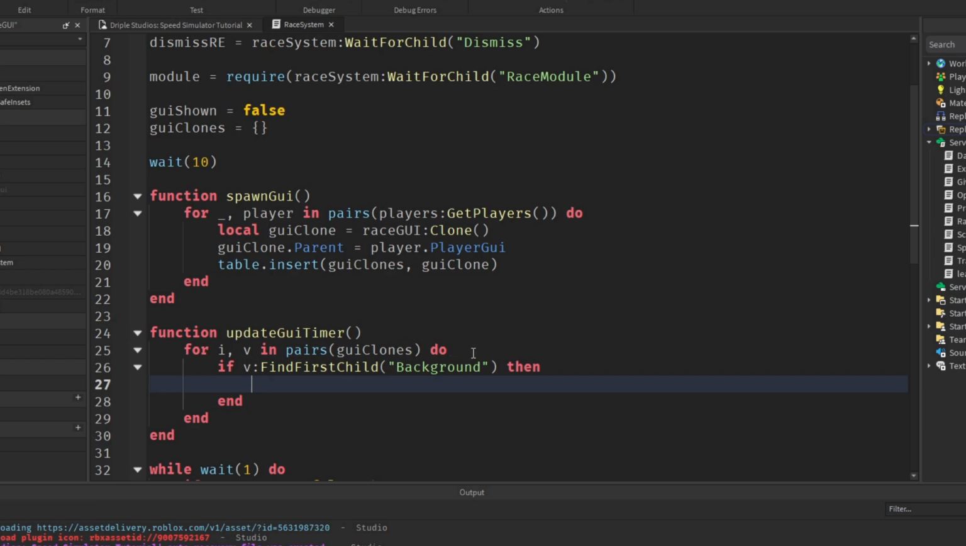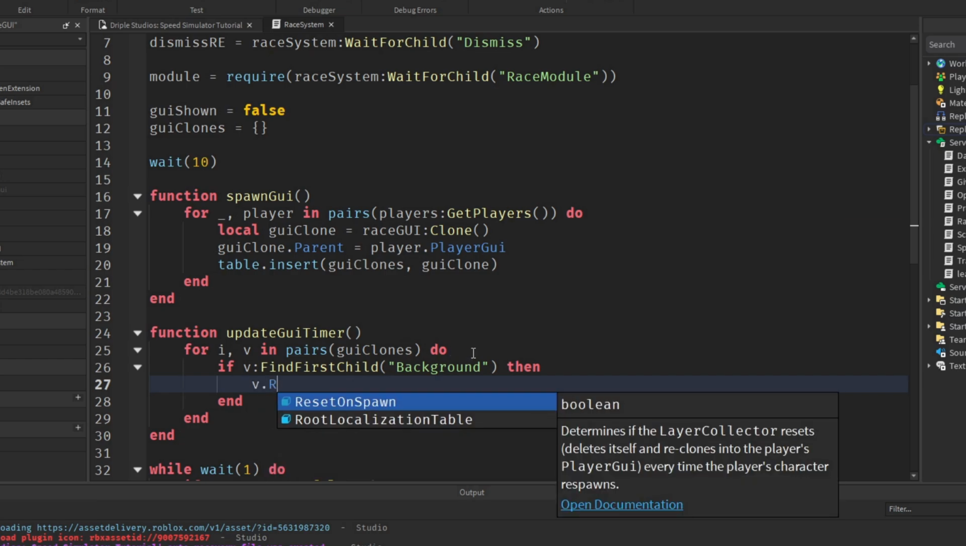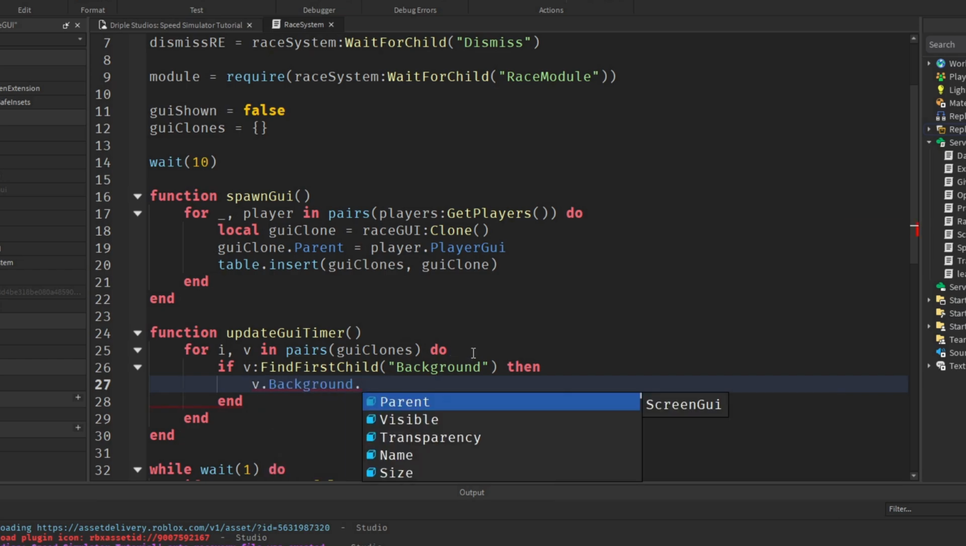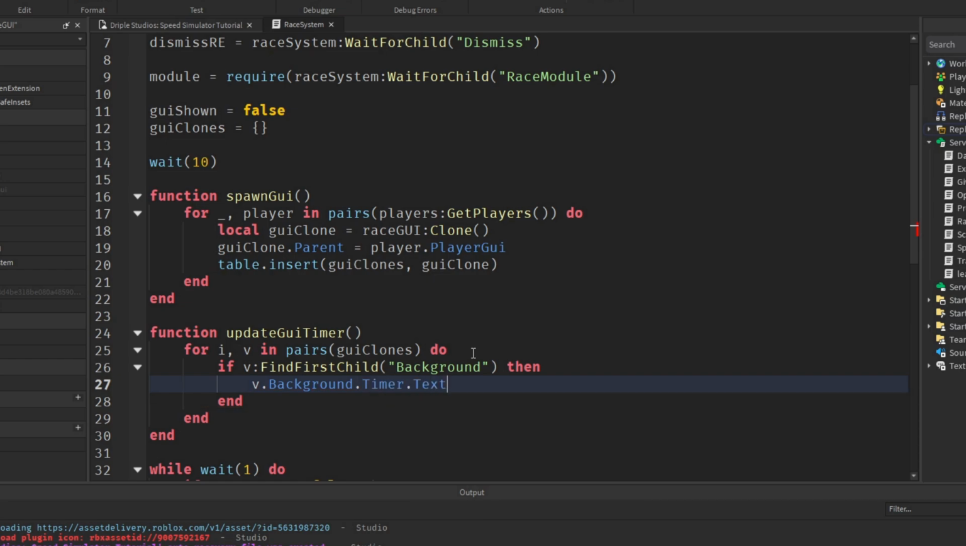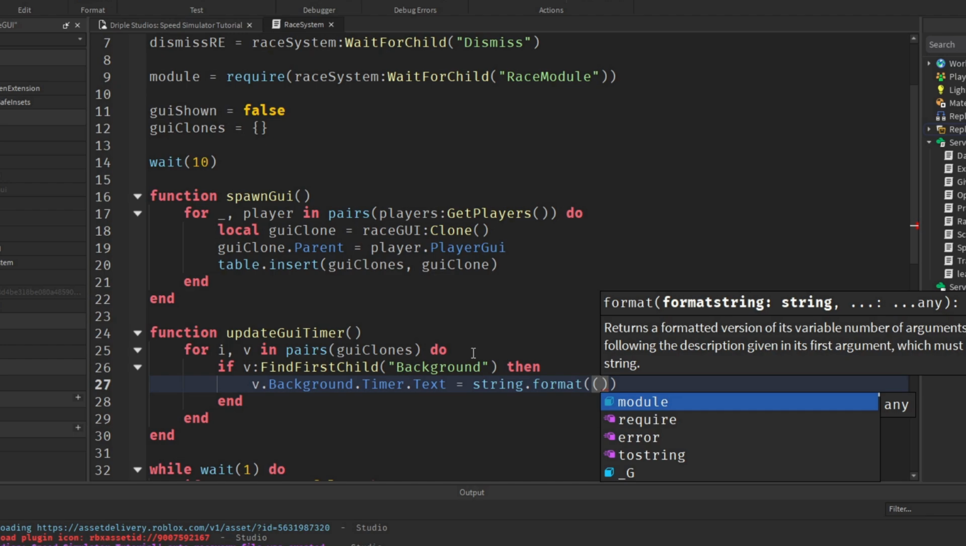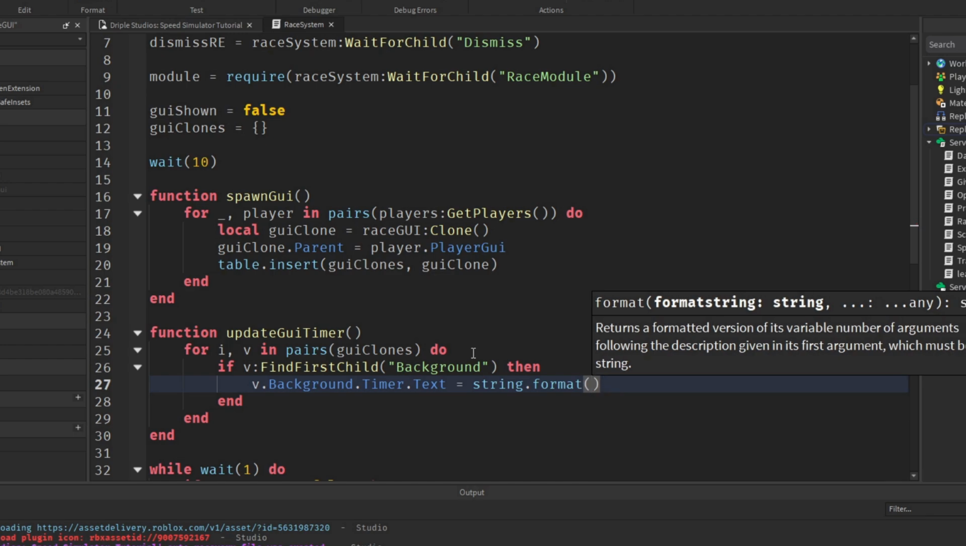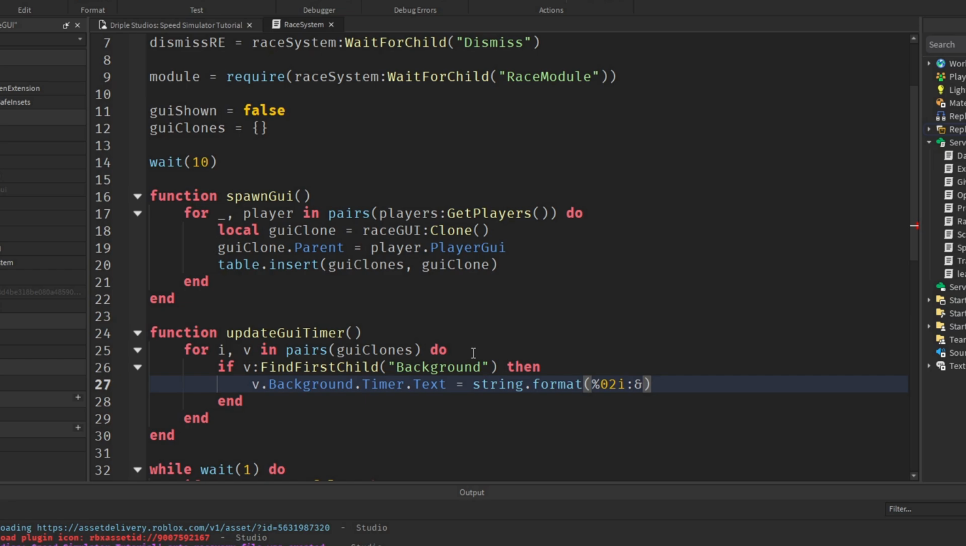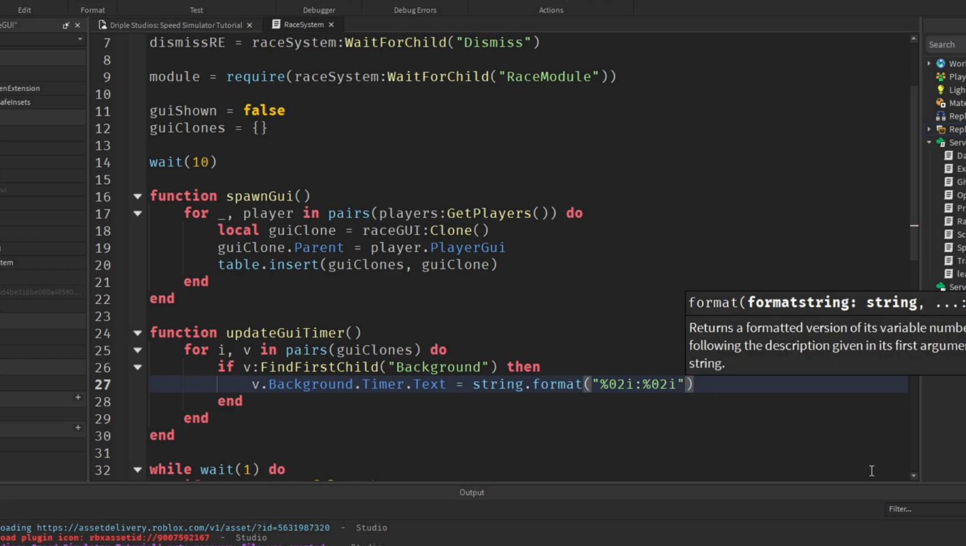And now we just need to update the text. So we can say v.background.timer.text equals string.format. And now this is going to look a bit confusing. What I'll do is I'll just write it out and I'll explain it after. So bear with me a second. "%02i:%02i". And we need to put this in a string as well, so put the quotation marks around it, comma,